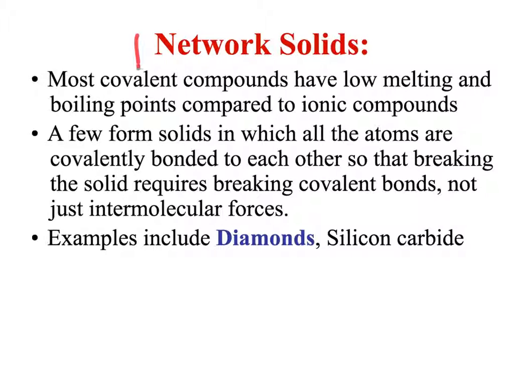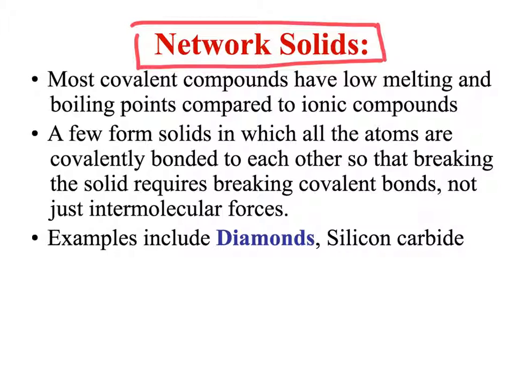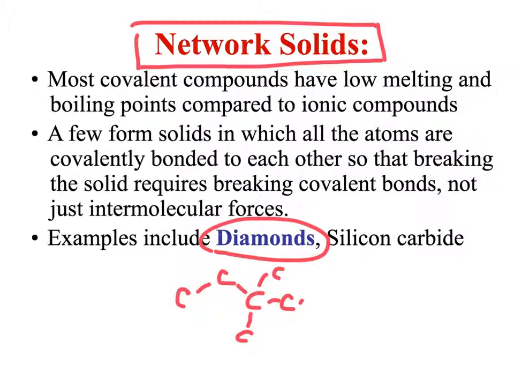In addition to ionic and covalent compounds, there's also something called network solids. And I think I told my class this isn't on your test, but just a quick comment. These are solids where the atoms are all covalently bonded into one giant mass. And the best example of this probably would be diamonds. In diamonds, you have carbons bonded to other carbons. And if you recall, carbons can make this tetrahedral shape. And what happens is every carbon is bonded to 4 other carbons, and it becomes such a strong